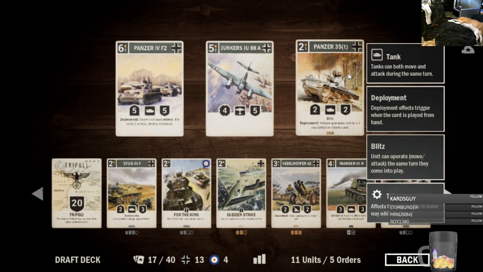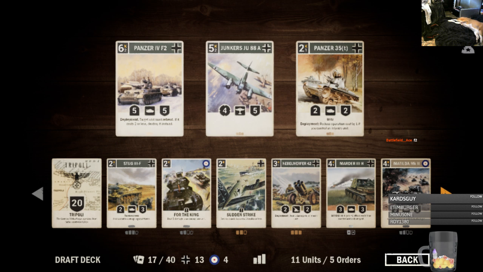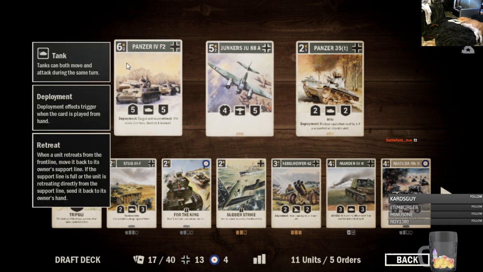All right, so we have the Panzer 35T. We're not really super aggressive with this deck. The Junkers JU-88A could be a solid closer for us as well, 4-power bomber. But if you guys don't know how much I love the Panzer IV F2,